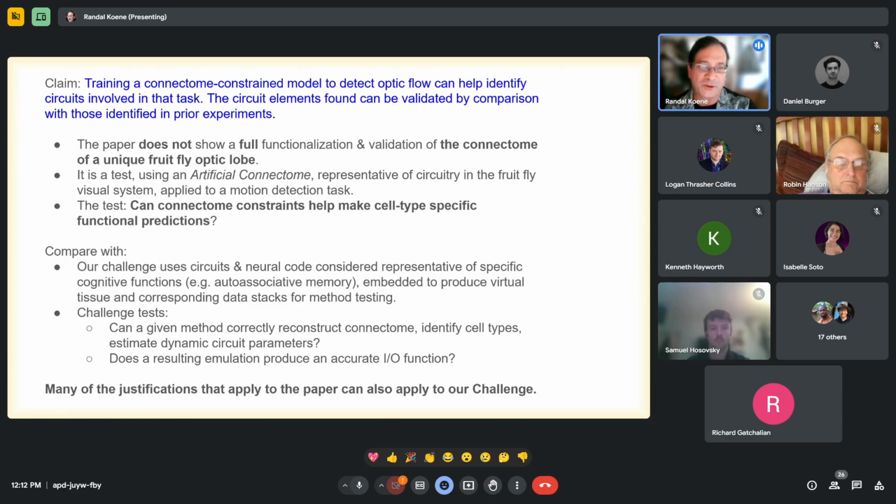For those of you who are joining this journal club, who are working on our brain emulation challenge, a couple of notes just to contextually relate this to the project. In our challenge, we also produce artificial connectomes that are functionalized. But in our case, we do this to produce fully known artificial ground truth systems from which to generate realistic data stacks as a means of evaluating reconstruction, identification, and functionalization methods, with the aim to compare competing methods on their merits and to help them improve, sort of in a cyclical fashion.